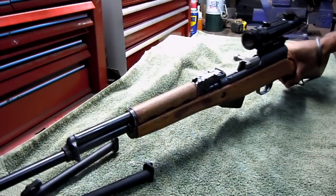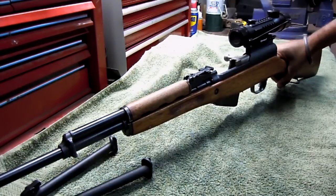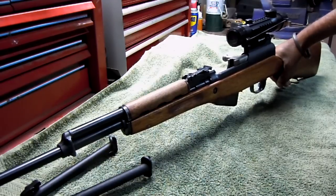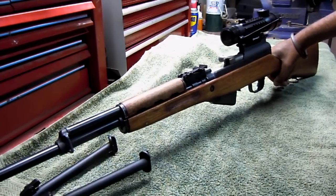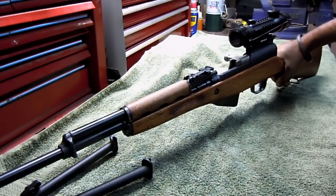I think Big 5 carries these as well. Yugo again, probably not Chinese. I don't think this is a Norinco model, because I think all the Norinco ones are completely banned from the U.S. That was a little sidetrack, but